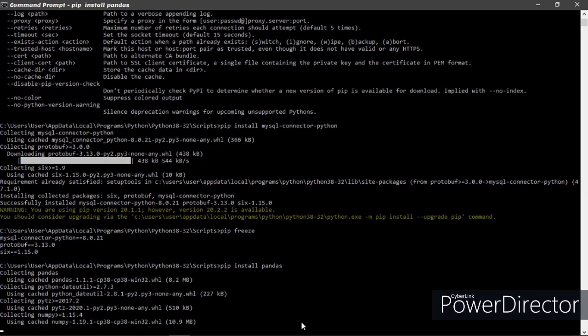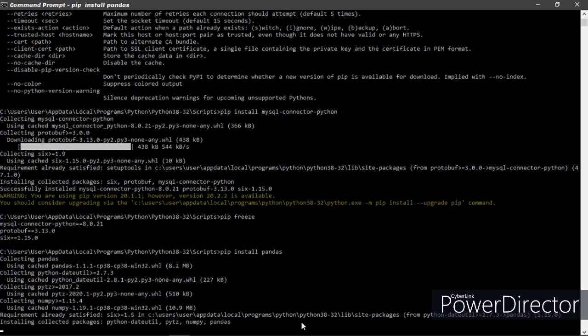So there are many other modules. Matplotlib, NumPy. The NumPy also is installing together with pandas, and PyTZ and many other modules which we can import into Python IDLE and do many programs.